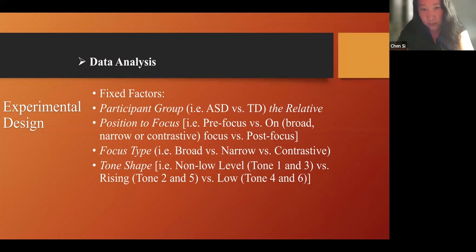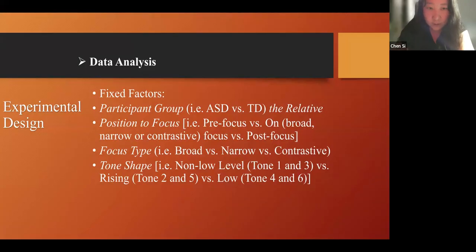So we try to group certain tones together so that it can be easier for us to analyze. So we have non-low level tone, tone 1 and tone 3, versus rising tones, tone 2 and tone 5, and low tones, tone 4 and tone 6.